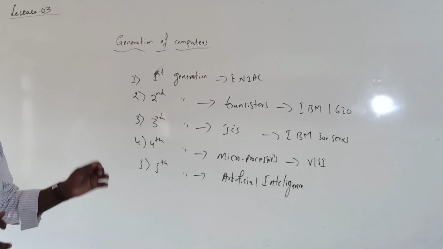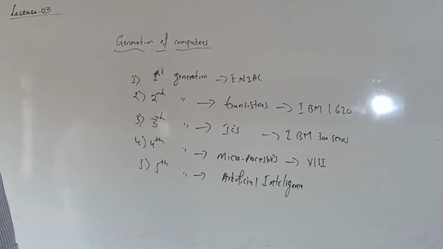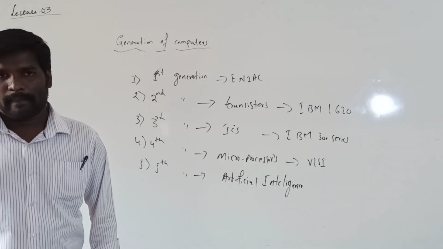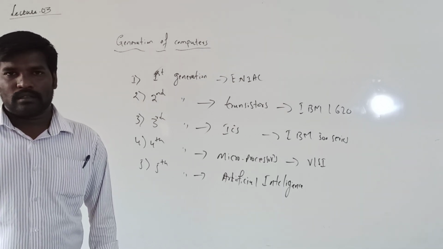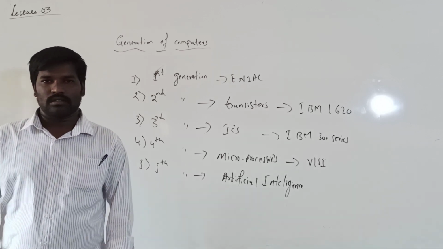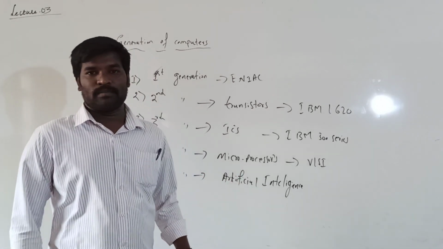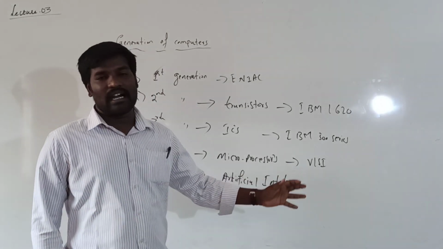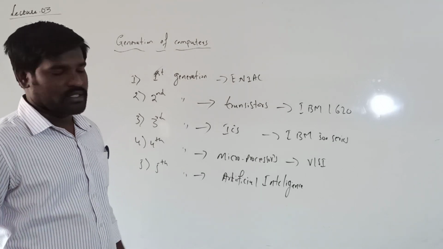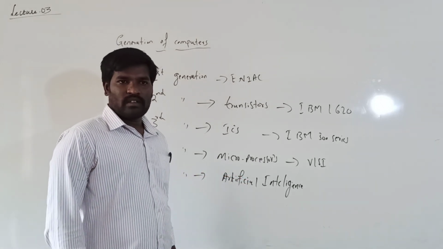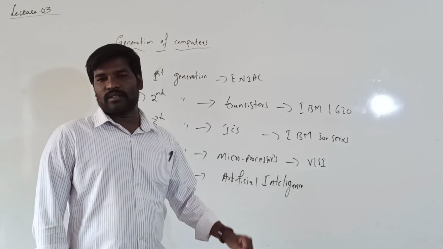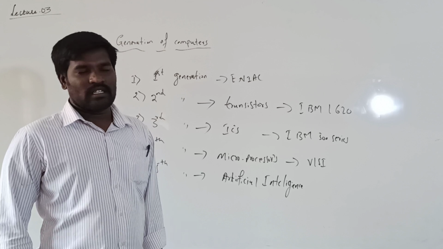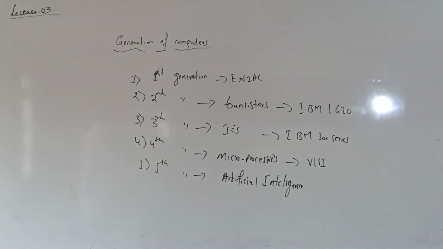The fifth generation systems were mainly used in scientific fields and robotics. If you want to develop robotic technology, you have to use the fifth generation computer. The fifth generation system concepts are nothing but artificial intelligence. It is one type of concept, and it is mainly related to research oriented science and technology. So these five are the generations of computers.